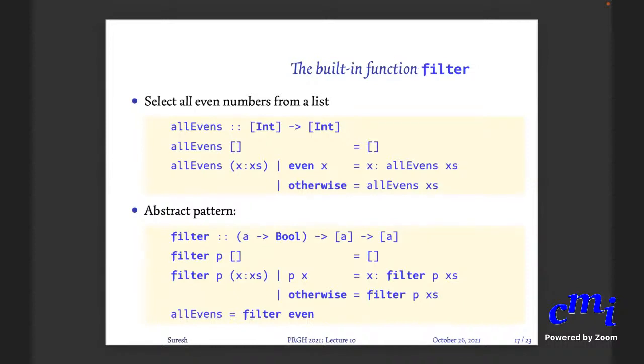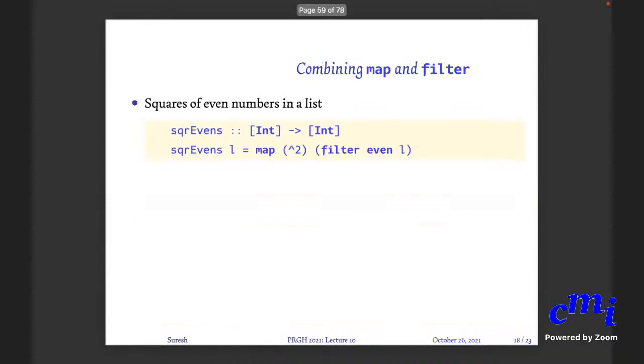Yes, this is a common pattern. Given a list, you can either map a function to every element of the list, or you can pick out a sublist by eliminating certain elements. And you can combine map and filter and get your list comprehension. We'll look at more map and filter, and how you combine them to get list comprehension, and further topics in the next class.